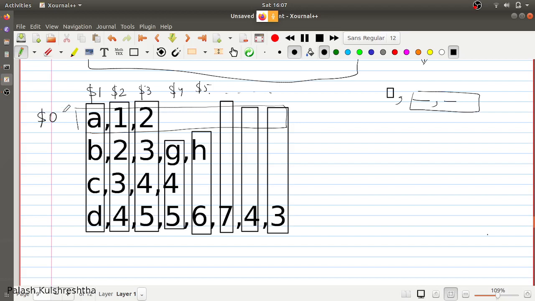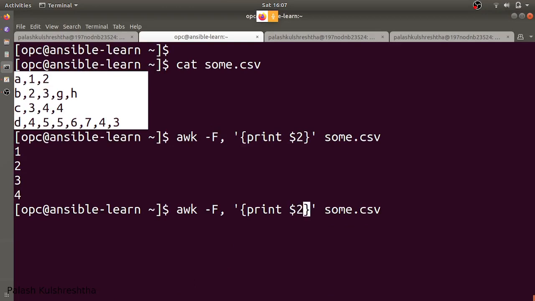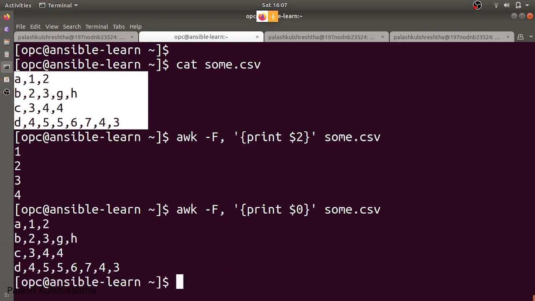In awk, the processing is done line by line. So if you give $1, it is only going to give you the first column of all the rows, similarly if you give $2, it gives you the second column, and if you give $0, it gives you all the columns. Let's see what the output is when we give $0. In this case, the output is all the columns.